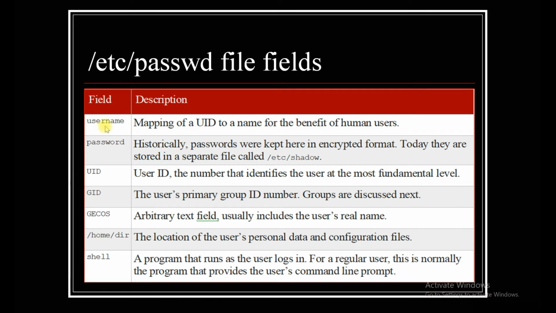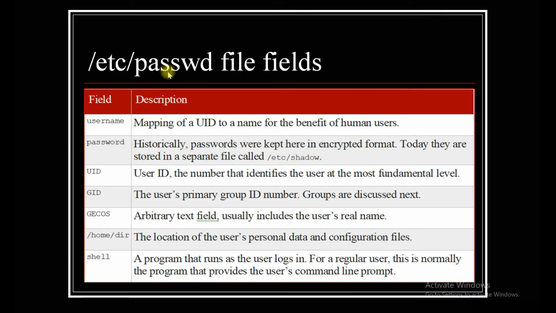First of all, we have 7 fields: 1 2 3 4 5 6 7. So first field is for the username. Okay, if you want to give any agency specific user naming convention, that you can also follow. Next is password. Password, basically you can see x. Previously, in the old operating systems, it was kept as an encrypted password, but now it's not like this. The password field will be shown as x, because it will point to the etc shadow file. So password information mainly will be in the etc shadow file.